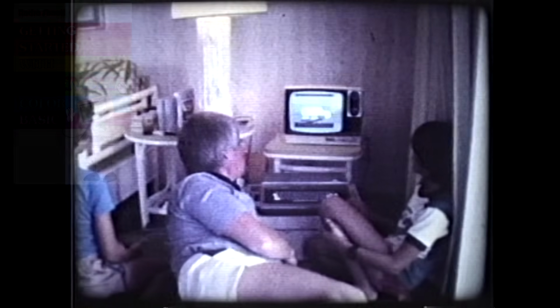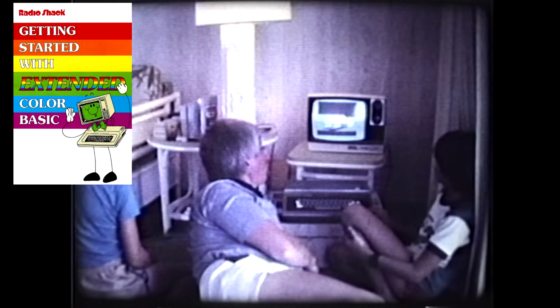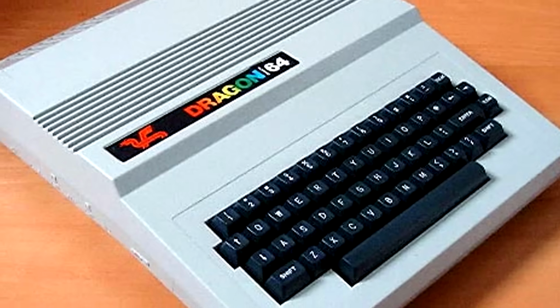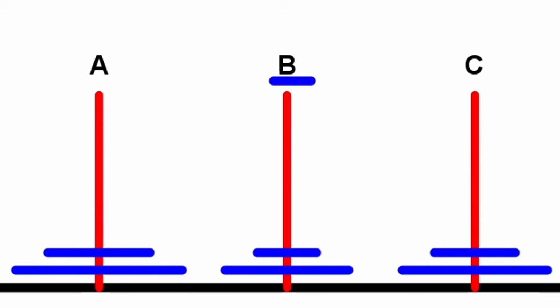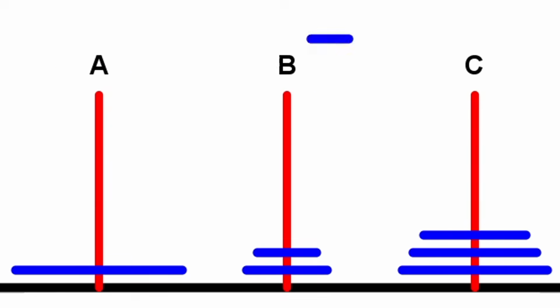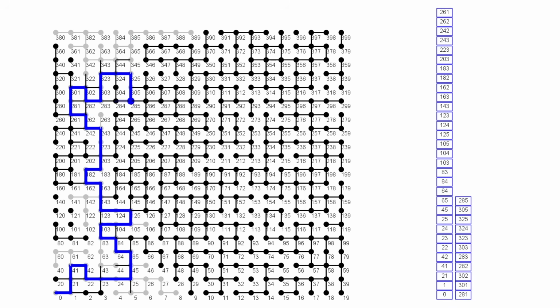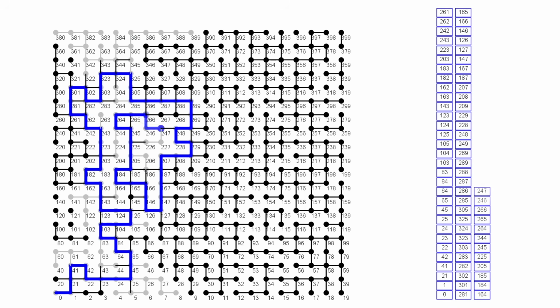I'll be describing the paint command that came with Extended Color Basic on my TRS-80 Color computer, as well as the basic that shipped with the Dragon computers. Once I learned more about algorithms, I realized that a technique called recursion, along with a basic graph algorithm called depth-first search, could be a simple way to implement paint. But I was totally wrong.